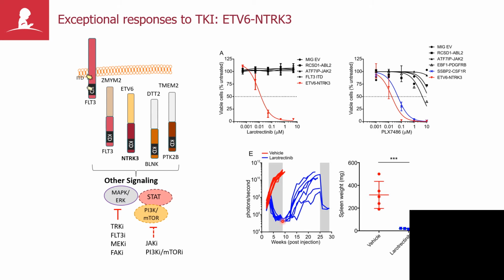If we stop treatment, the disease will come back, but then it will completely respond again. And indeed, if we start therapy initially for sufficient duration, we can completely eradicate the disease with no recurrence after stopping larotrectinib therapy. So this is a good and striking example where we have a monogenic driver of disease and a complete response to therapy with single agent tyrosine kinase inhibition.